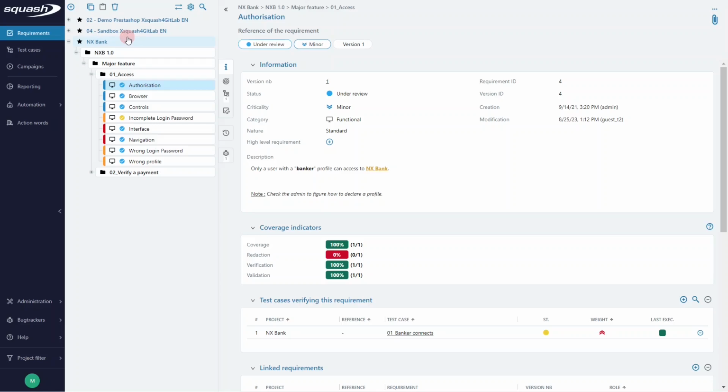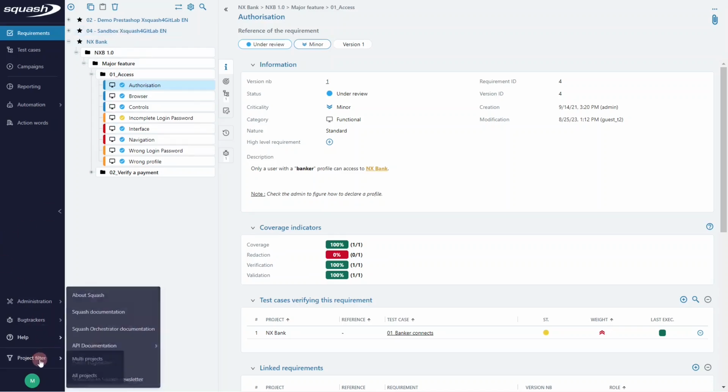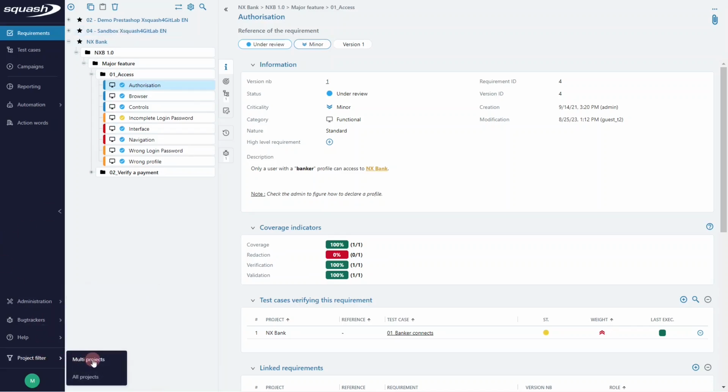For instance, here we have 3 projects, and you can filter them via the project filter here. This allows you to select the projects you want to be displayed in the library, and this selection is applied to each workspace. The project name appears in the color of the workspace you're in, in this case blue. In front of the name of each project in the library, you'll find an icon indicating the permission you have on it. Here, the star means that we have the rights to create, delete, modify, and read.